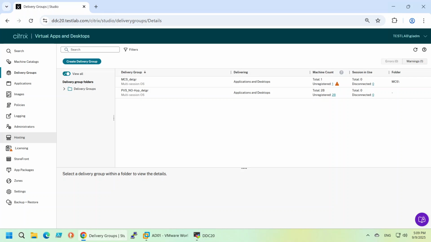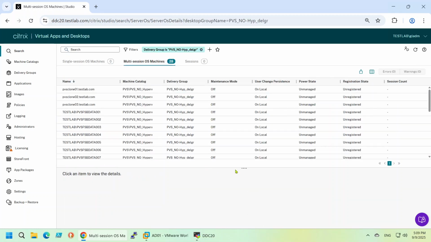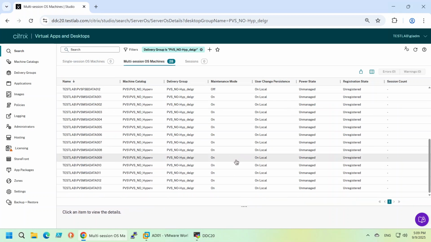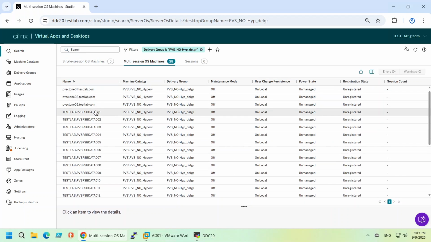Hello everyone. So in today's video I want to show you how you can migrate, not really migrate, how you can play around with maintenance on and maintenance off. If you need to, for example, take hundreds of machines offline and replace them with new ones, I will show you a way how you can do it